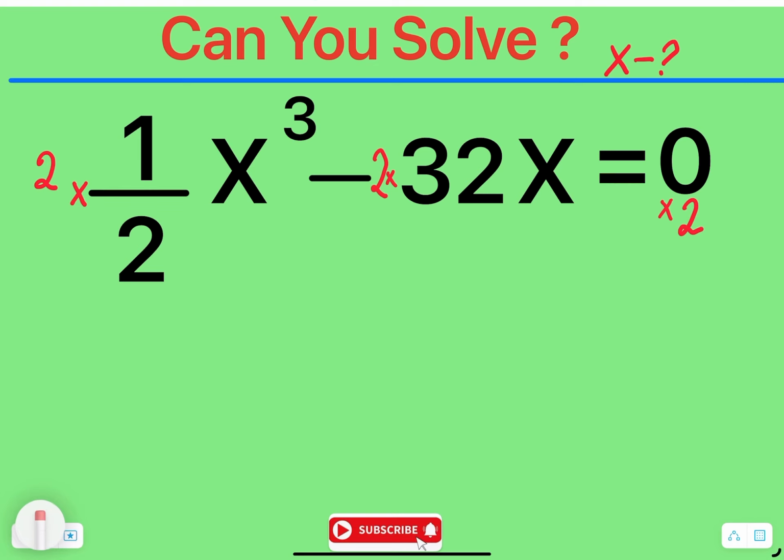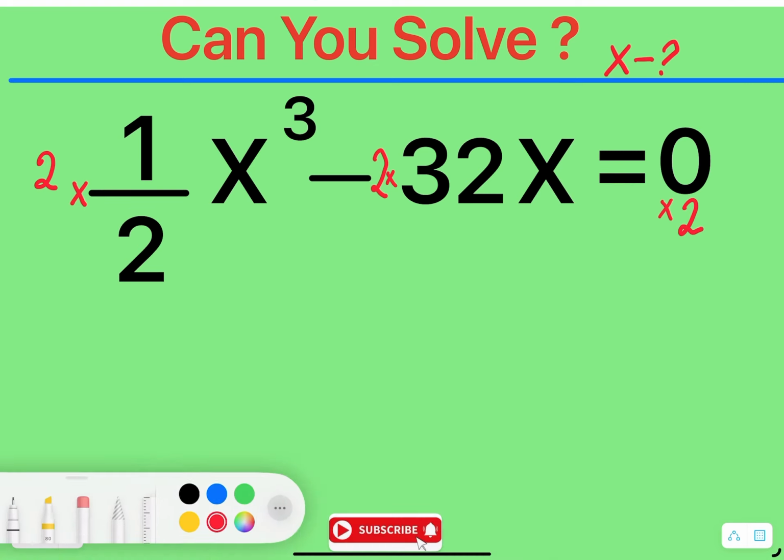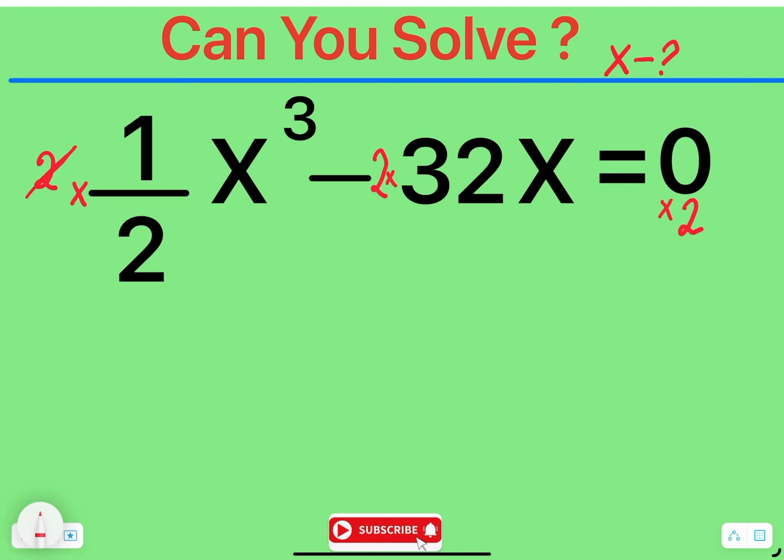Here, as I told you, we can cross out this 2. 2 divided by 2 is 1. So 1 times 1 is 1. We have now 1 as a coefficient, which we never write down. We will be left here with x cubed minus 2 times 32x, which will be 64x,